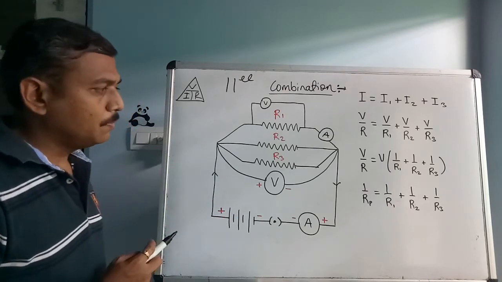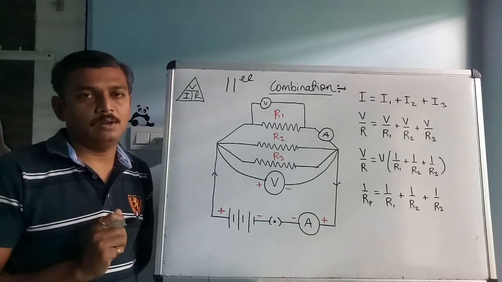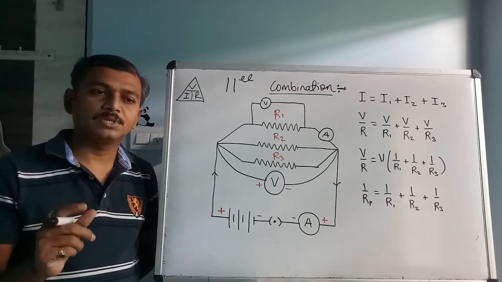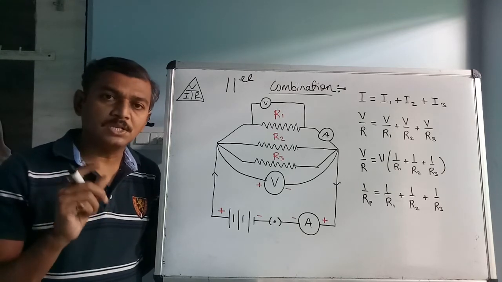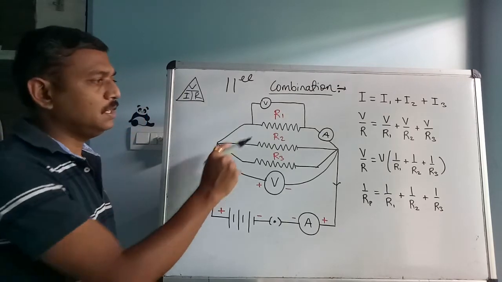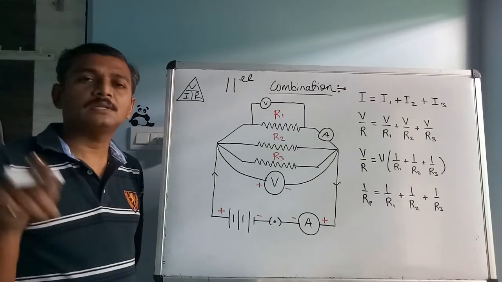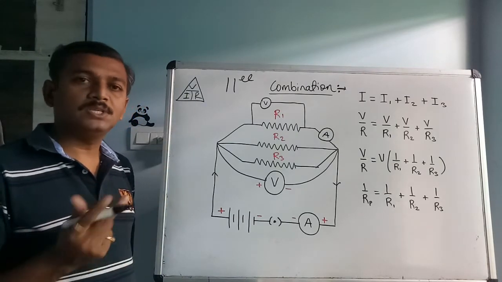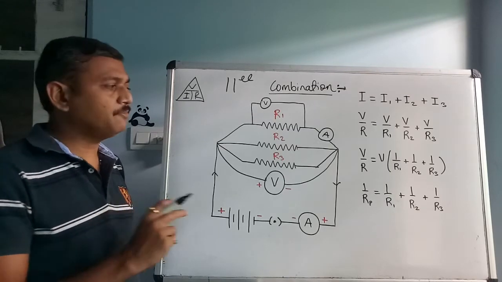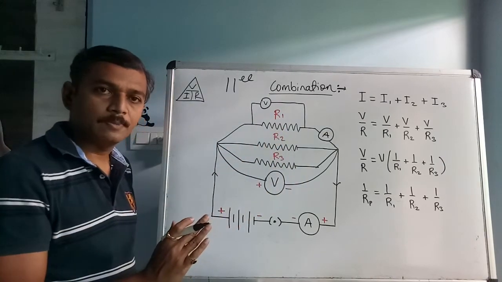So now if we talk about the differences between series and parallel combination. In series combination the disadvantage is if any resistance is broken or not working, the entire circuit will not work. But this is not so with parallel combination. With parallel combination, if one of the resistances is not working, the circuit still works.